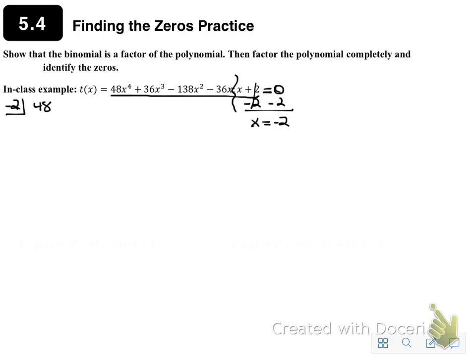So we have 48, 36, -138, -36, but then we're missing a number, right? We have the fourth power, the third power, the second power, the first power, but we don't have a number by itself, so we still need that 0, and that happens frequently on this worksheet. So we do our synthetic division, where we bring down the 48,